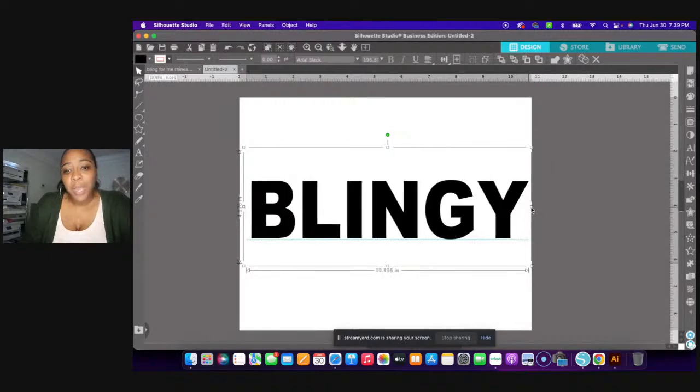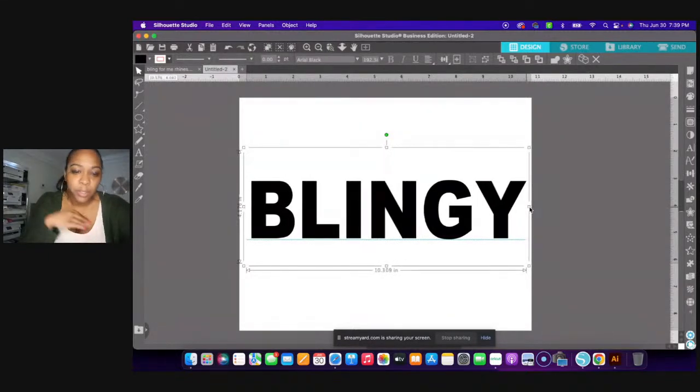Okay, so right here, you could reduce the space in between the letters if that's something that you want to do. I'm not going to do it because sometimes when you convert it to a rhinestone pattern,